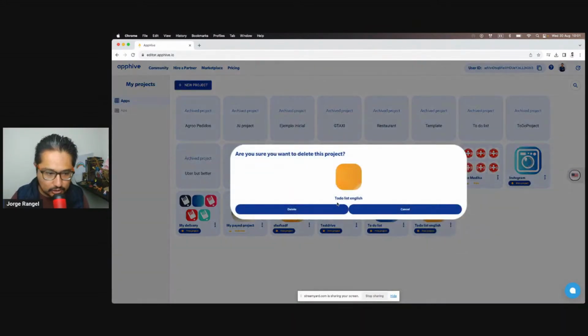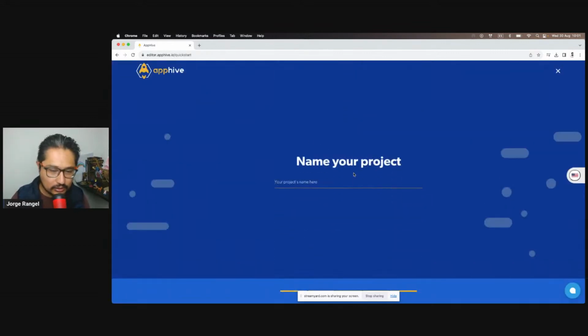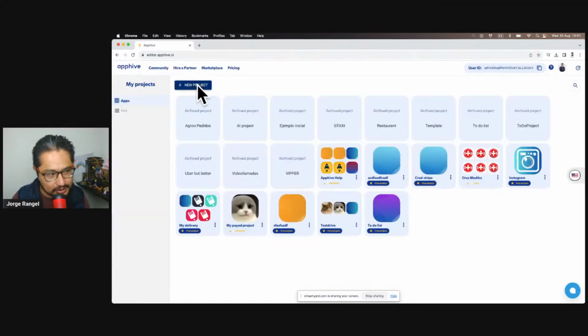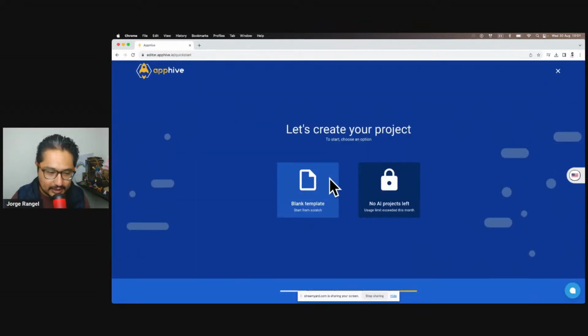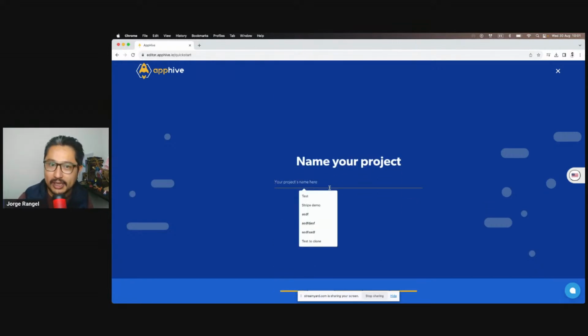I'm going to delete this project. Remember, this is your home page in which you can see all your projects. And I'm going to start a new one. To start a new one, of course, you have to press this new project button. If you press it, you can create a blank template. In other words, it's a project without any changes. I'm going to put the name. The name is going to be to-do list